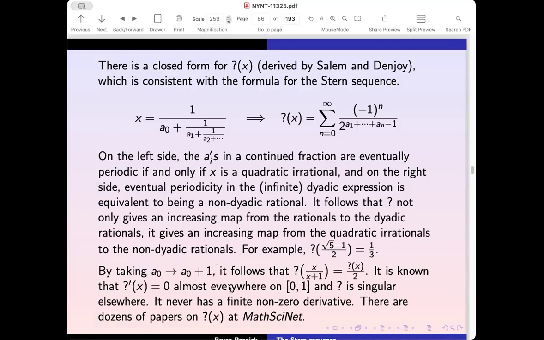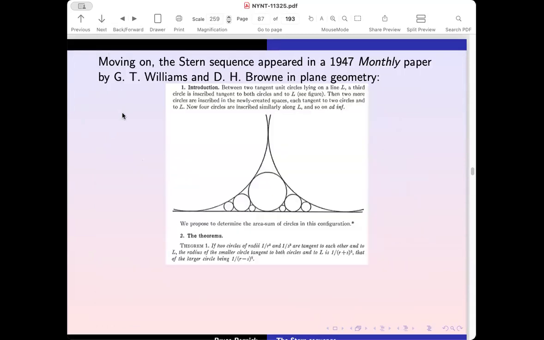And question mark is singular. The derivative is 0 almost everywhere. There are dozens of papers on it on MathSciNet, but I'm running late, so I'm going to move on a little bit. The next time that I saw the Stern sequence appear was in a Monthly paper by Williams and